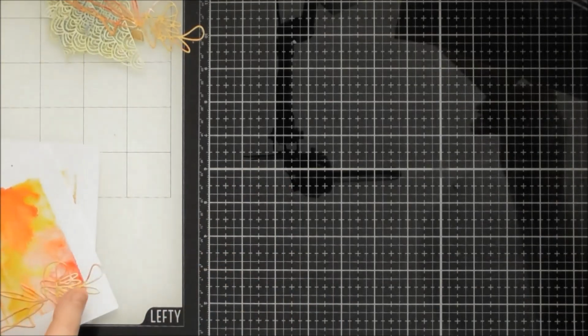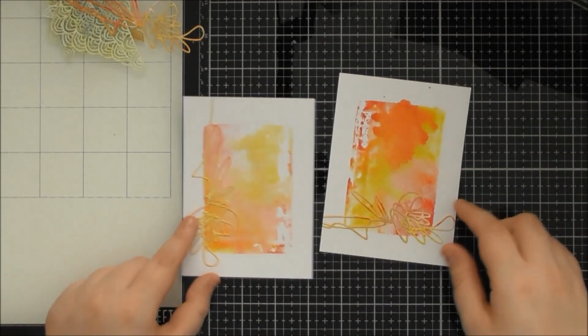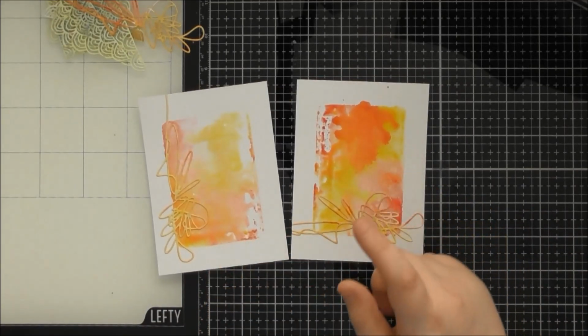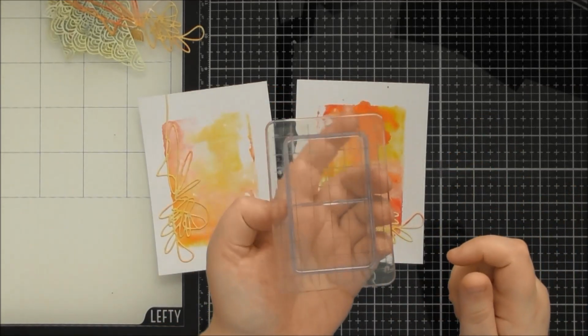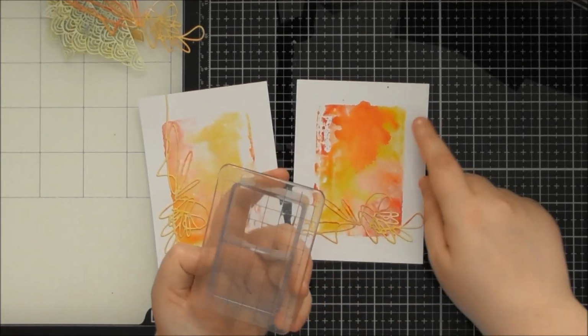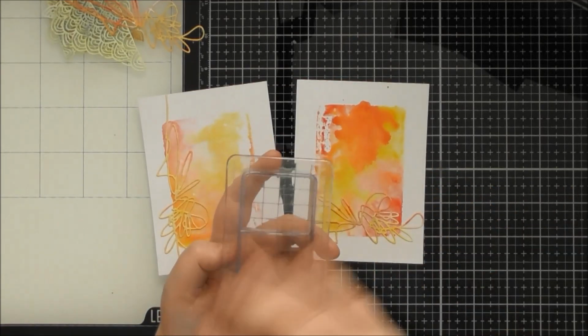And then the final one was using those pieces that I took off that background, which is like a scribbly kind of a die. And then this was just taking, so you can do this with your distress inks and stuff, but obviously you can also do it with your watercolours, just taking an acrylic block and then painting on some watercolour. So I did a yellow, a coral and a red, and I just all over, random positions,